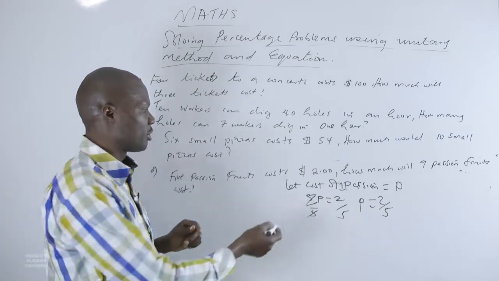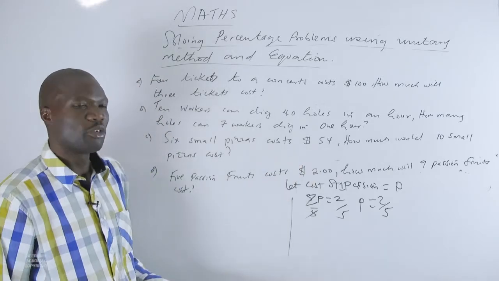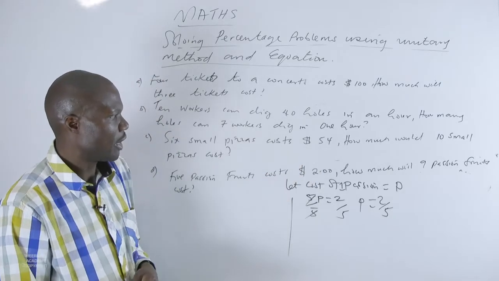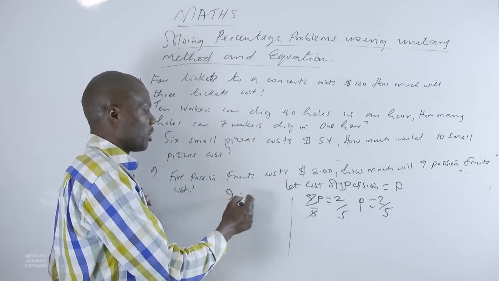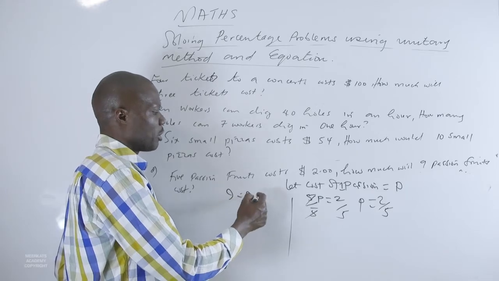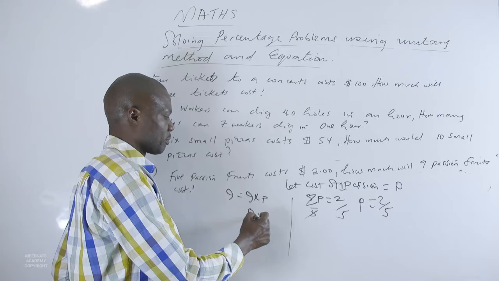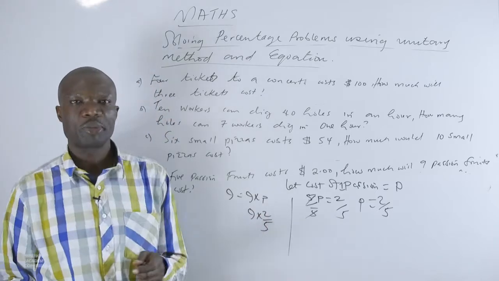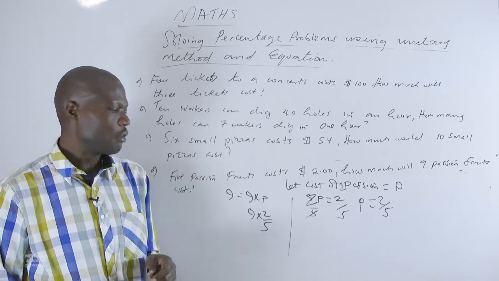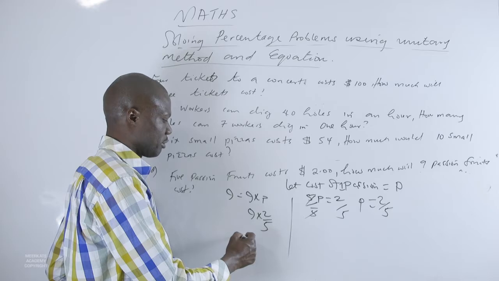Having found this, we look for 9 passions. 9 passions will cost 9 multiplied by P, but P is 2 over 5. So we shall multiply 9 by 2 over 5, you get 18 over 5,